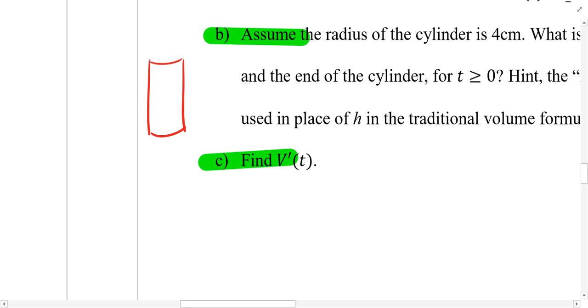And inside of a cylinder, there's what we call a piston on the inside. So a piston is basically another cylinder that sits inside of a cylinder. And this piston moves up and down. So it's going to move up and down as the engine fires and creates power for us to move the vehicle. And so what the problem here is asking,